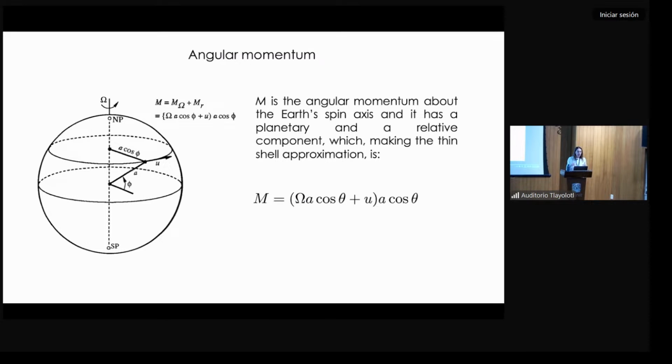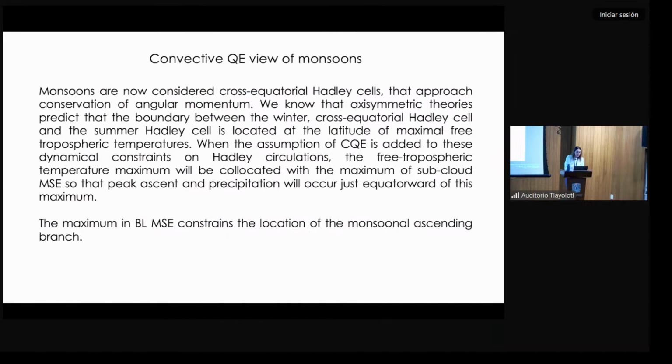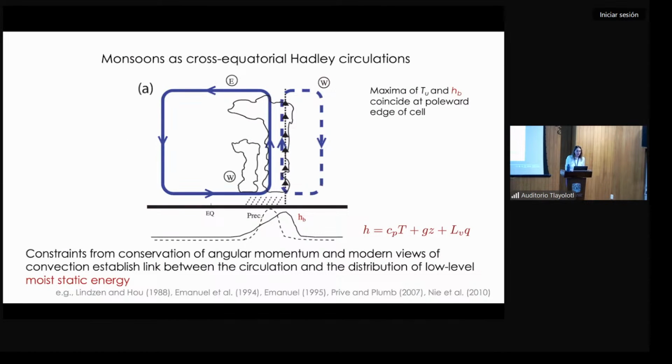That is because of nonlinear properties of the circulation. The circulation becomes more angular momentum conserving. Also, the advection of moist static energy by the lower branch of the circulation plays a role, because it helps advect low-level moist static energy close to the equator further poleward,